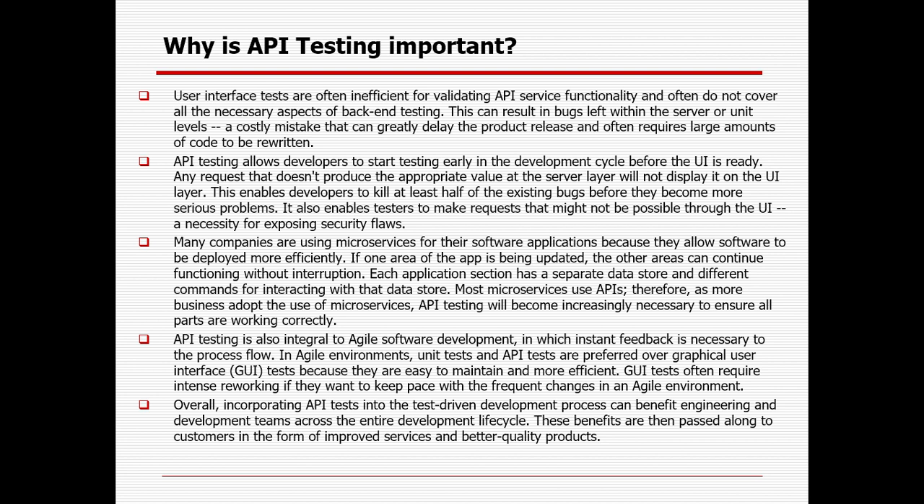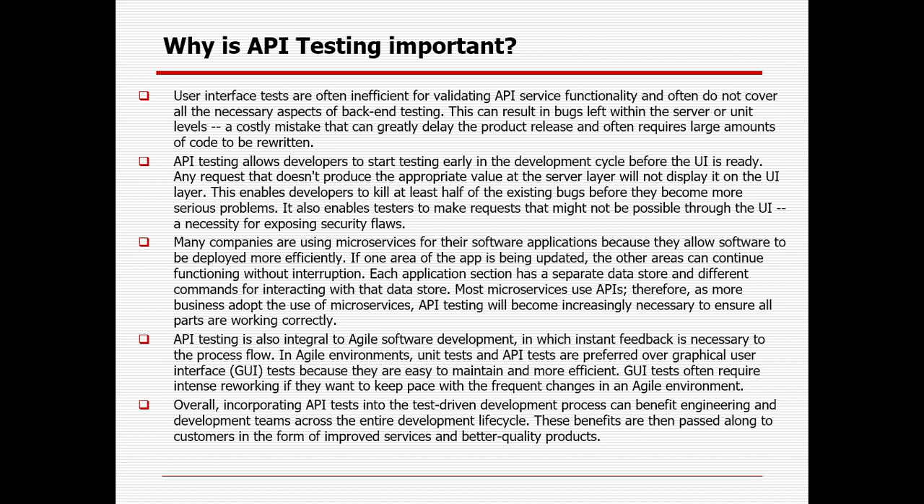So API testing allows developers to start testing early in the development cycle before the UI is ready. Any request that does not produce the appropriate value at the server layer will not display it on the UI layer. This enables developers to kill at least half of the existing bugs before they become more serious problems. It also enables testers to make requests that might not be possible through the UI, a necessity for exposing security